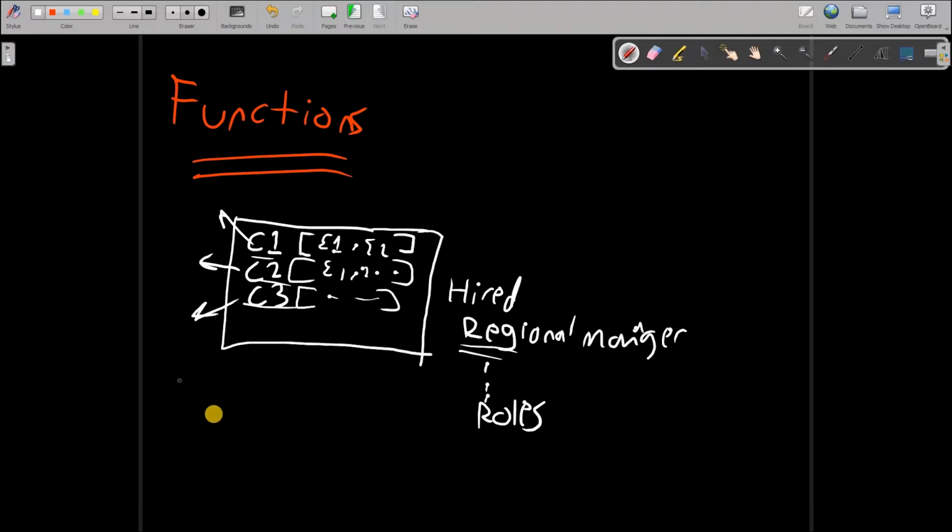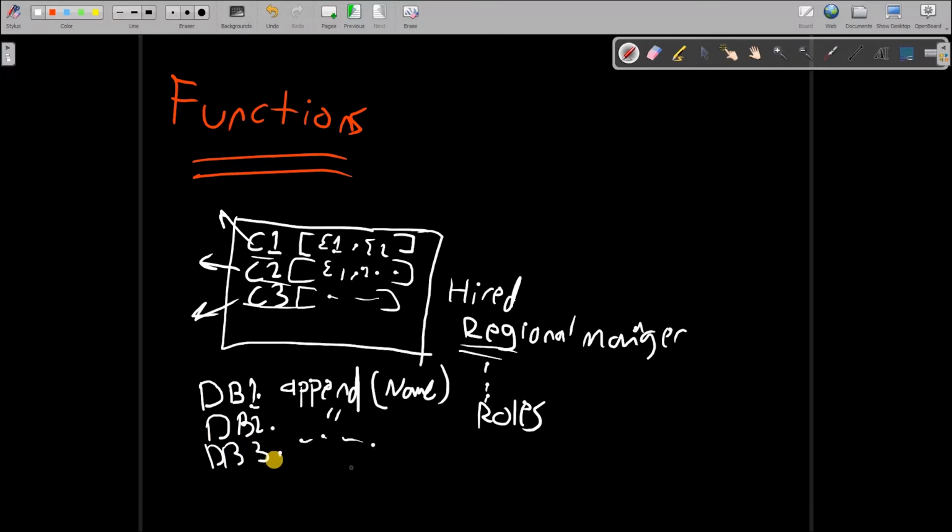Now, the way we have learned in order to add something to a database, let's say this is my list or database, we would do append, right? And we add the name of the employee. Now we would do this for database 1, database 2, same thing, database 3, we would append the same name. Now imagine if I have around 5 roles that need to be appended to all of these databases. Well, this is name 1, okay? I would need to do the same thing, database 1.append